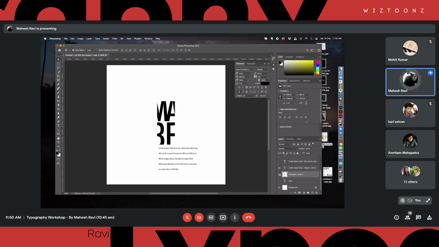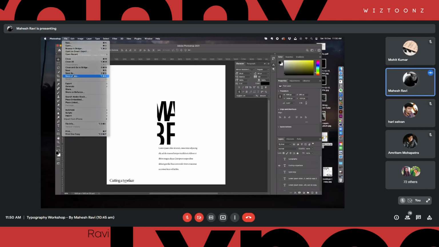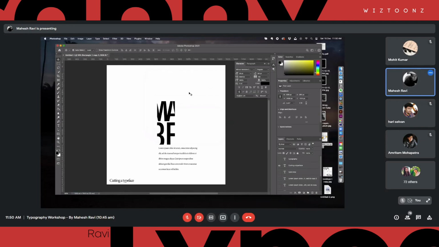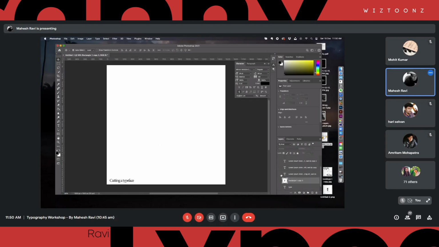So, I will show you a very similar example here. Let's say cutting a typeface. We'll save that as an example titled 2. Let's imagine we are doing this with text.